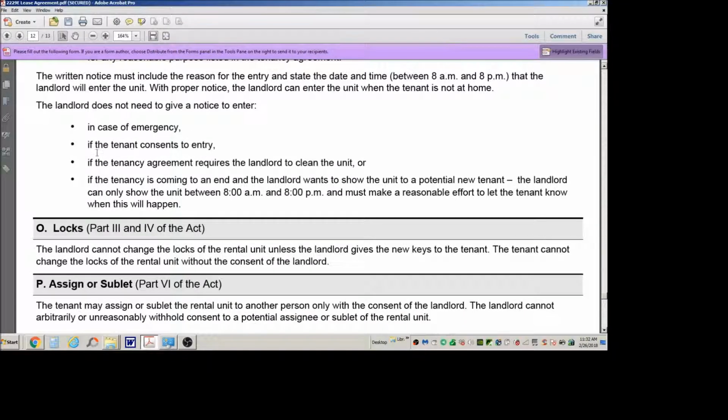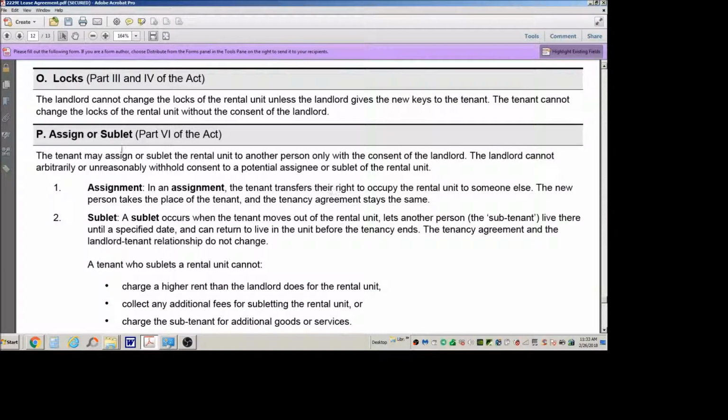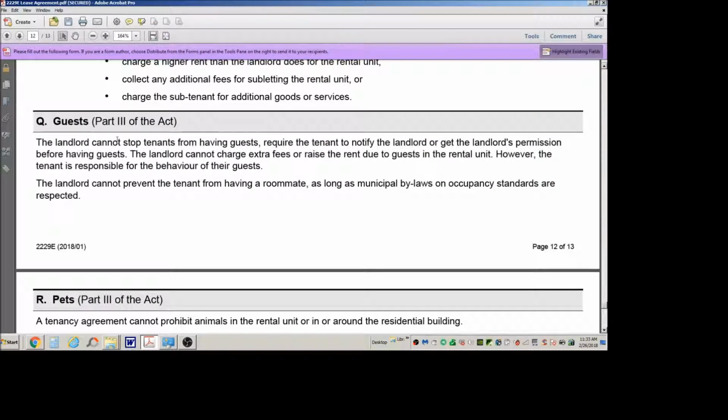Now, this is kind of silly, but some people actually do this. The landlord cannot change the locks of the rental unit unless the landlord gives the new keys to the tenant. The tenant cannot change the locks of the rental unit without the consent of the landlord. Okay, assign and sublet, you can do this. Guests. The landlord cannot stop tenants from having guests, require the tenants to notify the landlord or get the landlord's